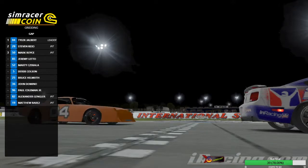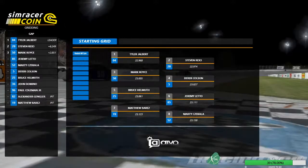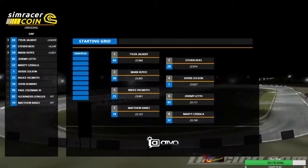Okay, here's your starting grid. Starting in pole position is Tyler Jalbert with a lap time of 22.968 seconds. On the outside pole is going to be Steven Rex. Number 3 is going to be Mark Royce, followed by Derek Colson, Bruce Helmuth, Jeremy Leto on the outside, rounds off your top 6. Matthew Bear 2 and Martin Cecilia is your top 8. And then to round out your field here,